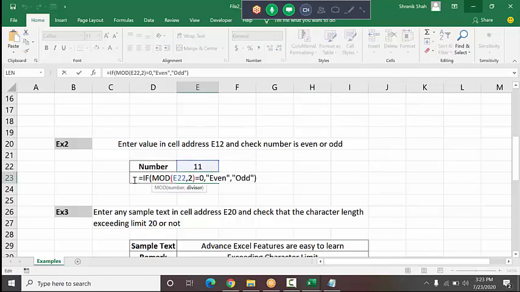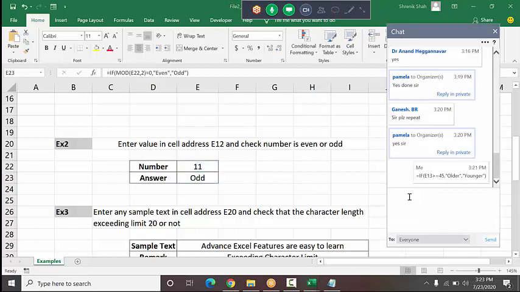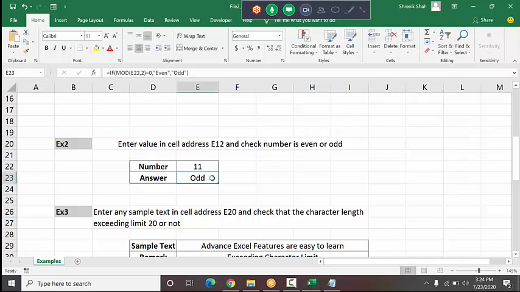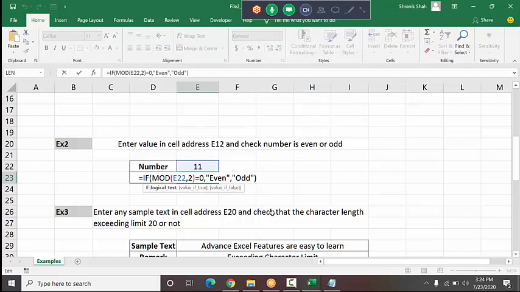So this is the IF function to check whether the entered value is even or odd. So you also write this formula and check. I sent you the function in the chat box, so following that you can try checking whether the number is even or odd. Okay, I hope you understood, and my speed is also good for you.